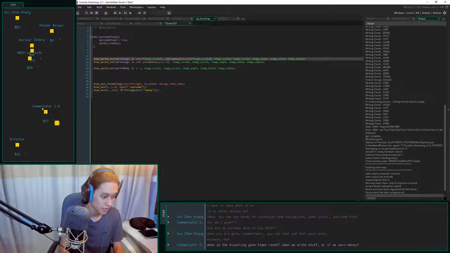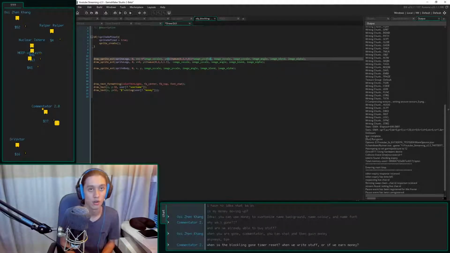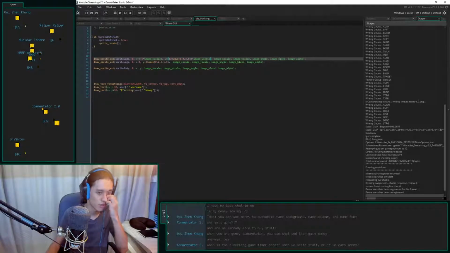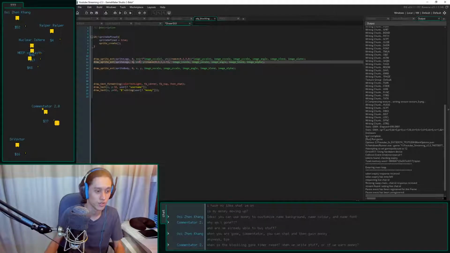When is the blockling gone timer going to reset? It resets. Okay, so as long as you send it every 3 minutes, it resets. It goes away, it disappears. If you send a message within that 3 minutes, it resets itself. But the money timer still continues. So even if your dude is there, if you're sending a message every minute, you're going to be earning every minute, but your dude's not going to go away ever. Because you're refreshing its cooldown, so he's always there. You're active.